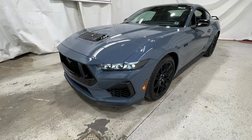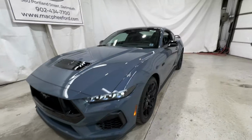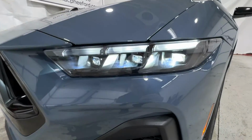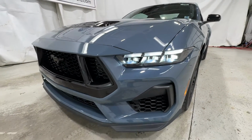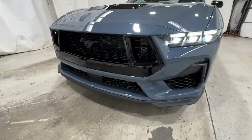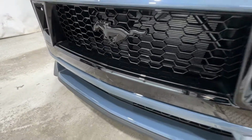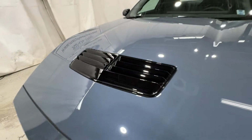We're going to take a quick walk around the outside of this particular Mustang here, then we'll hop into the interior. Now, first start with the front end. You're going to have the new LED projector headlights, really cool design. There is also a sequential turn feature, which looks super cool. Now, being a GT model, it does have the more aggressive front end here. Nice gloss black accents there in the grille, and you are going to have the GT exclusive heat extractor there